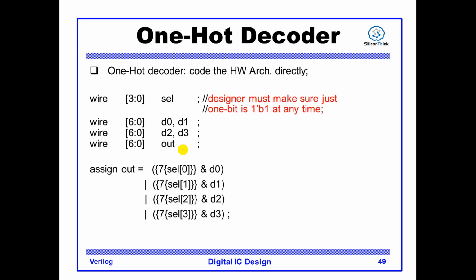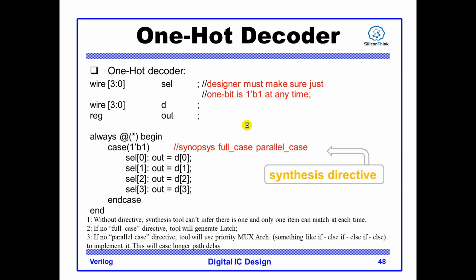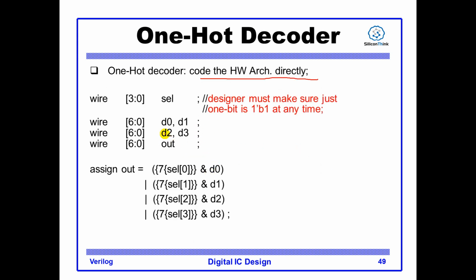So the next method to code one hot decoder is to code the hardware architecture directly. That is, you write the hardware architecture in your code. So this is the architecture with the same function. Okay, this time, the output value is multi-bit, not just single bit. Okay, the output value is 7-bit. So the function is